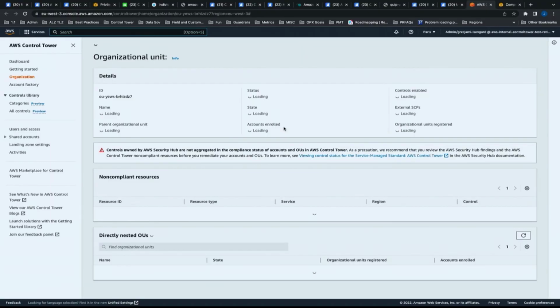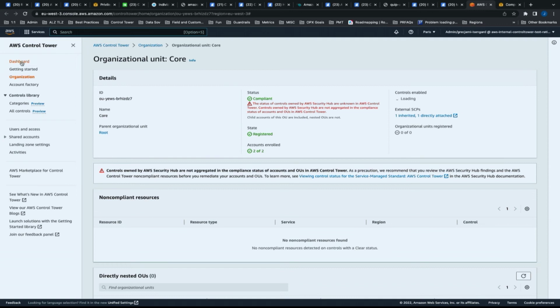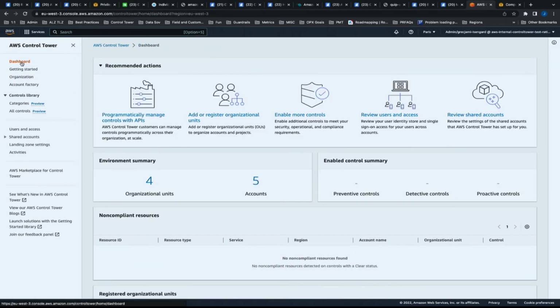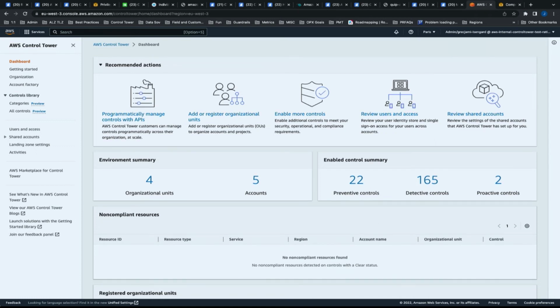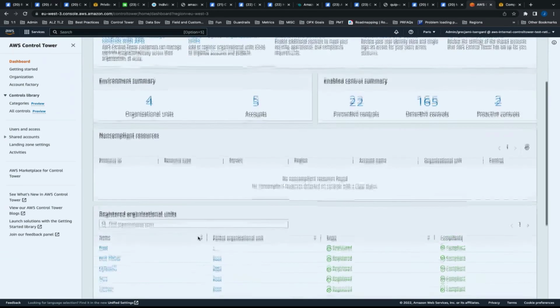Okay, so here when you come into Control Tower, you land on the dashboard page. As I mentioned, we do have enhancements coming to this page. Work in progress here, but it's the same dashboard page if you use Control Tower you should be familiar with. The main changes are just now seeing the proactive controls here. In this environment, I don't have any non-compliance resources to show, but you get a good view of your entire